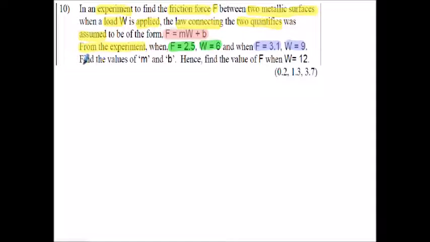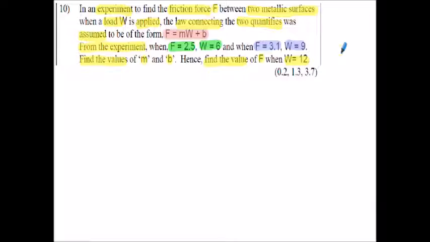We've got to find the values of the M and the B, they're the constants, and also we've got to find the value of F, given that W is equal to 12. So in this particular question, it's very similar to question 9. We first of all got to generate the two simultaneous equations and solve for the constants, the M and the B in this case. And once we've found the constants and found the equation, we then are asked to use it by putting the value of W into the right hand side of the equation